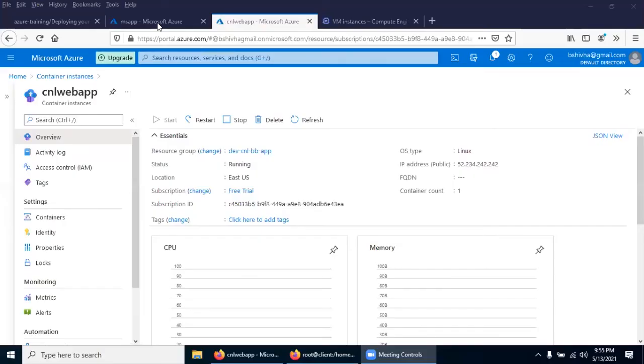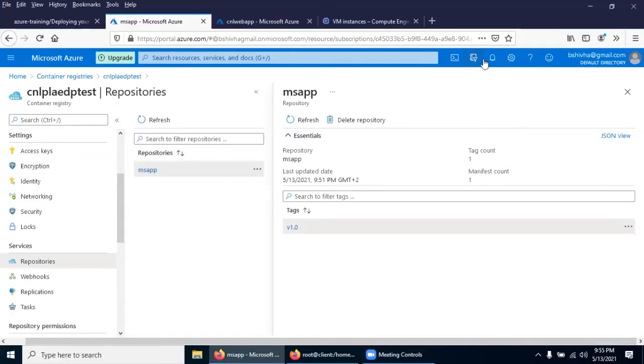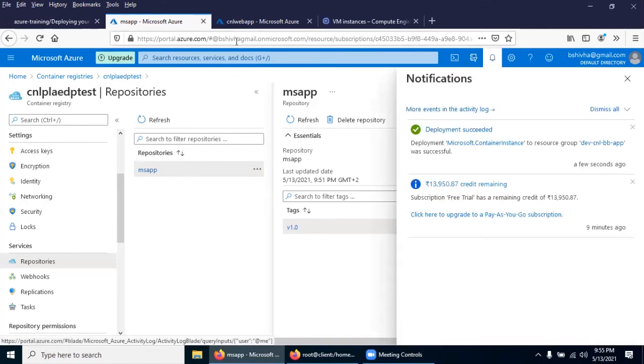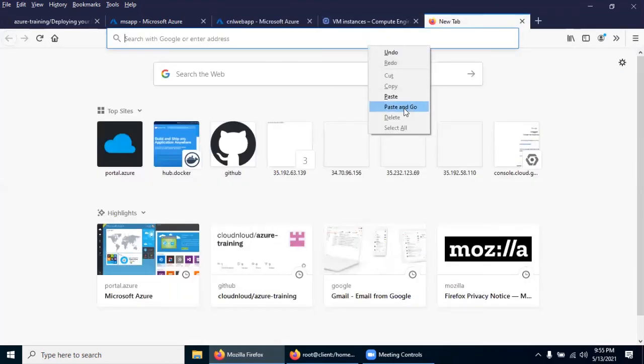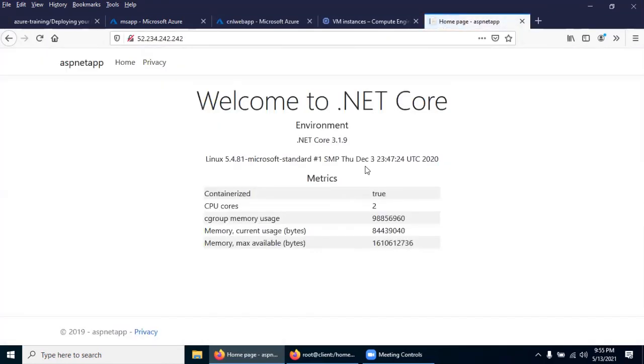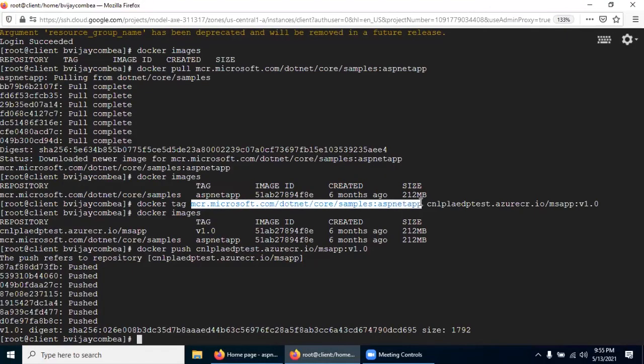Now see, the deployment has been successfully completed. So we are going to the container instance. I'm refreshing it, and we got a public address. Copy this public address, open your browser, and go here. See, this means you downloaded one sample image